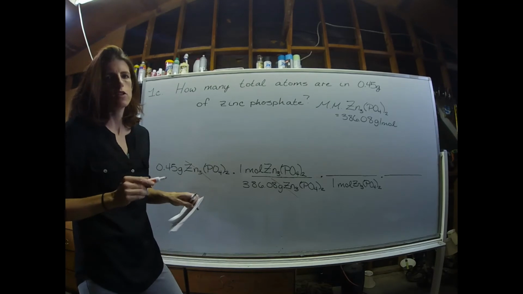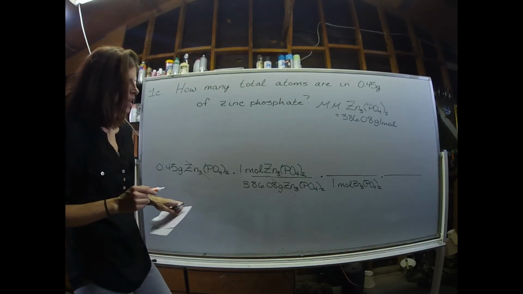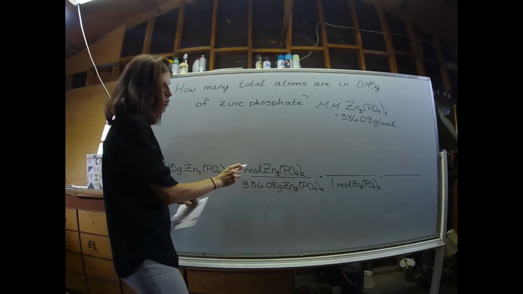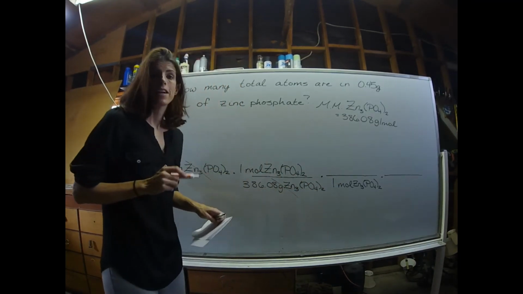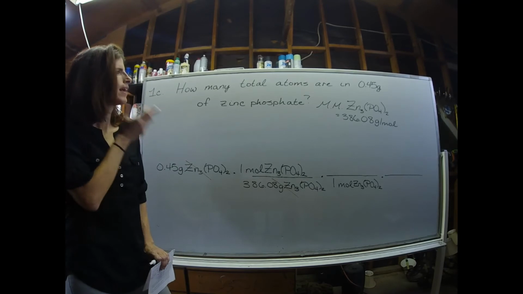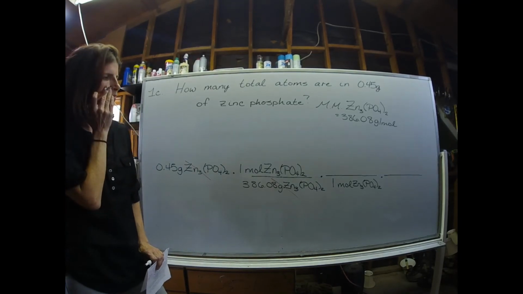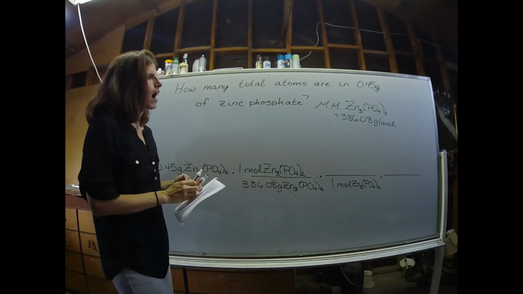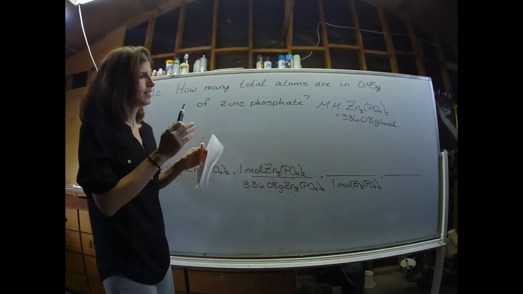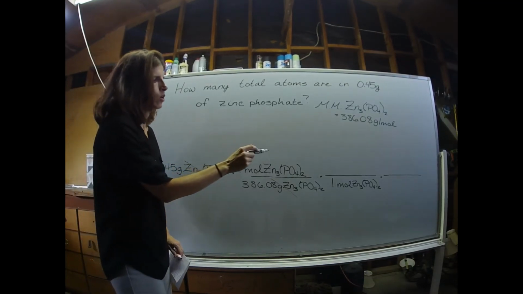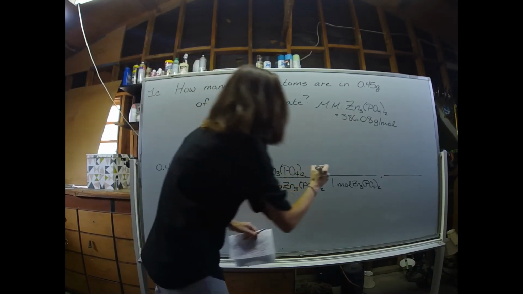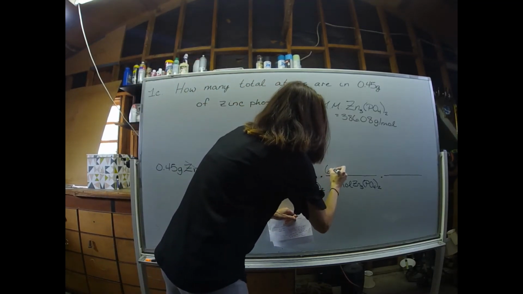Always think about heading towards moles first. Now I need to get rid of moles of zinc phosphate, so I put it in the denominator of my next conversion factor. But how am I going to calculate total atoms? So if I look at zinc phosphate as a whole, I know that 1 mole of zinc phosphate has Avogadro's number